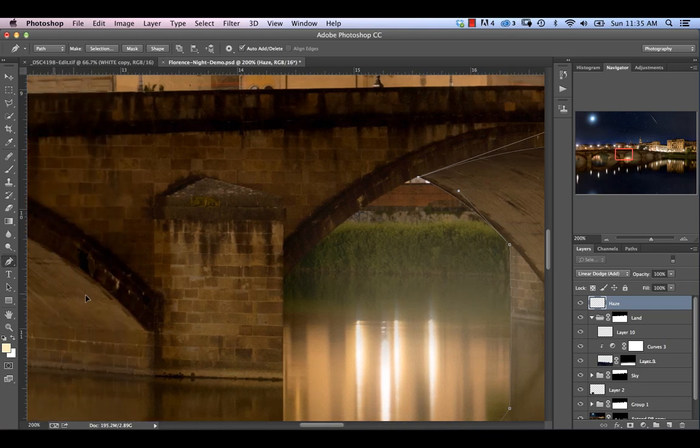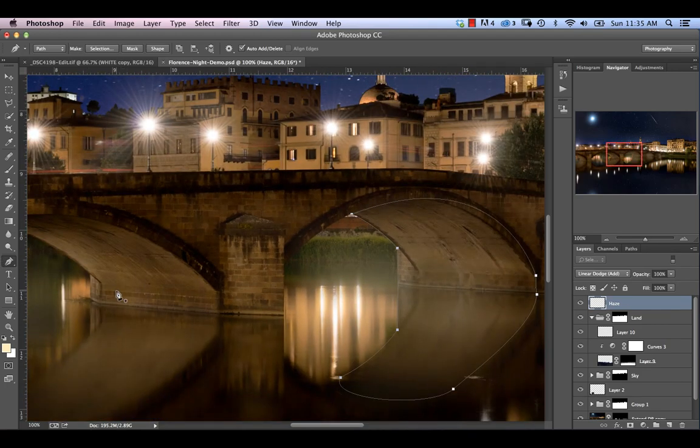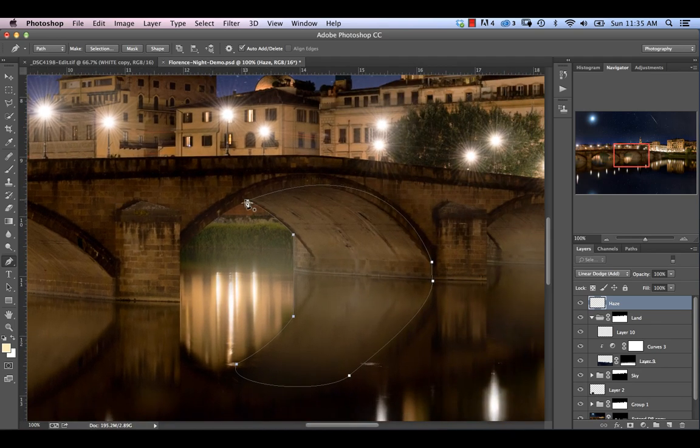Whoops. Let me just go ahead and zoom out a little bit so we can actually see what we're doing. As we can see, that's not what we want. So let's go ahead and refine our point here. Holding down Option again, we're just going to adjust our curve here. There we go. Now you don't have to be super precise here. We're going to be feathering it a lot when we actually do our dodging and burning. So really, it's just a matter of more or less capturing the same shape, but you don't have to be super precise. So essentially, there's our actual path that we've cut out,